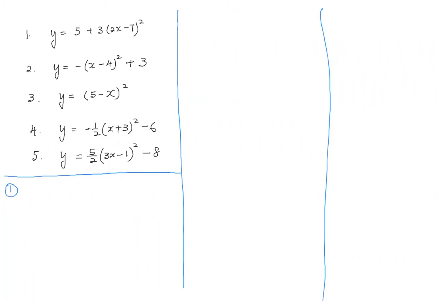Okay, number 1, who want to try? Does the graph for this quadratic function cut the x-axis? No. Okay, how do you know? Minimum point is 5. Okay, that is not minimum point. You don't call it minimum point. You call it minimum value. So,